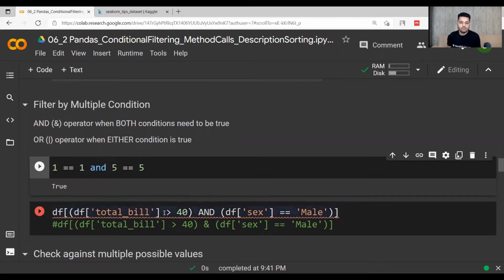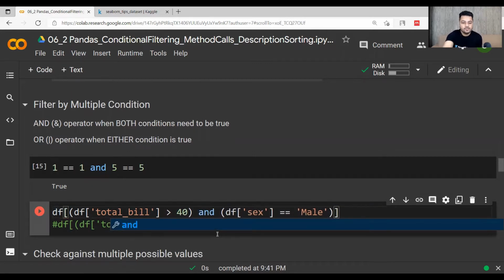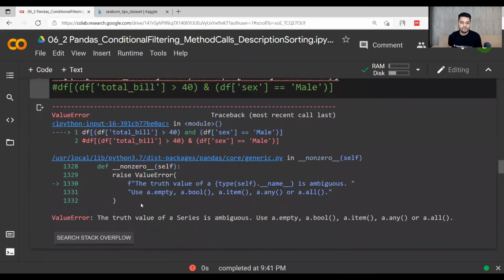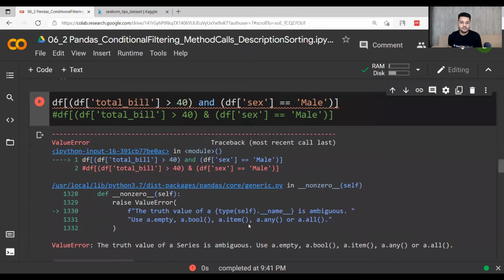But now if I want to do this, and I am passing these two values, df total bill greater than 40 and the sex is male, if I run this, I will get the output as error. Why? Because it is expecting the values, not the true and false, right? So it is actually expecting some values, and if both conditions are true, it has to go to some location and get the values out of the data frame. But just passing this true and false value will not get our job done, because we need the exact indices for the qualifying rows.